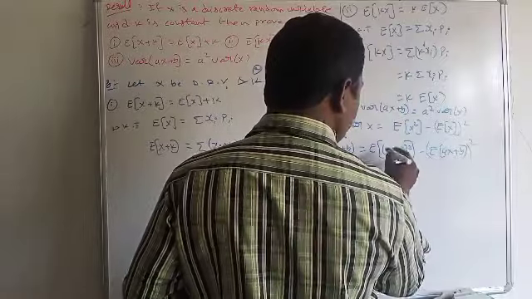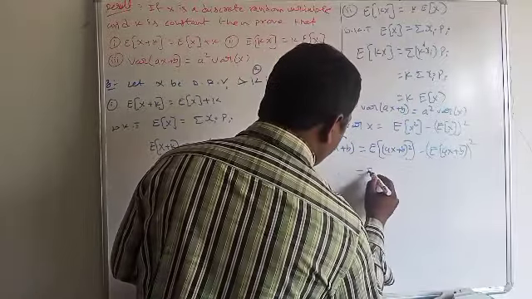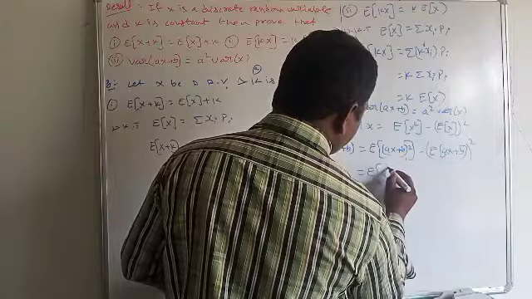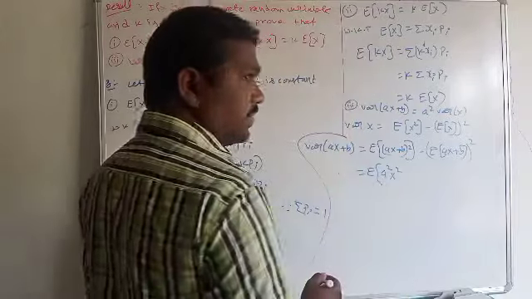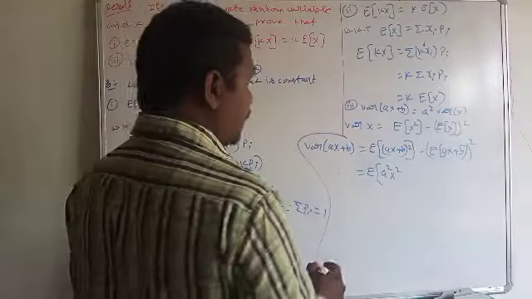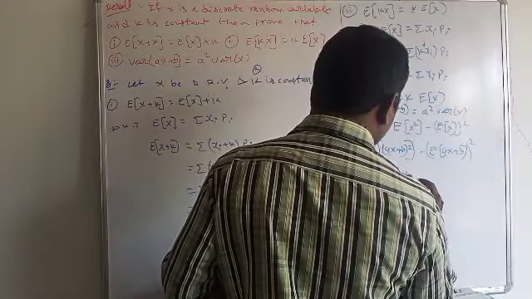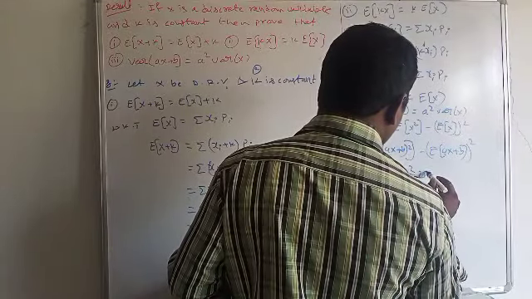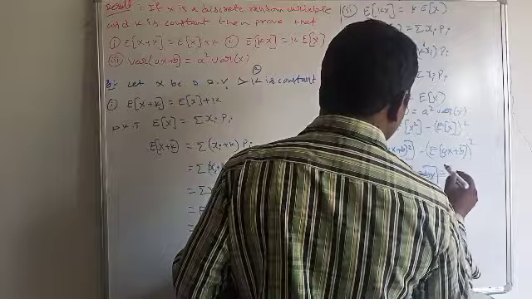Now the expectation of a square x square, using the a plus b whole square formula, a square plus b square plus 2ab: a square x square plus b square plus 2abx minus